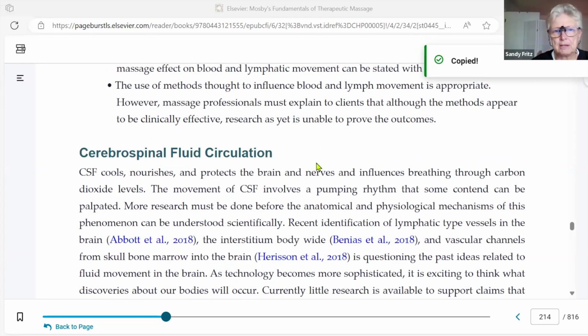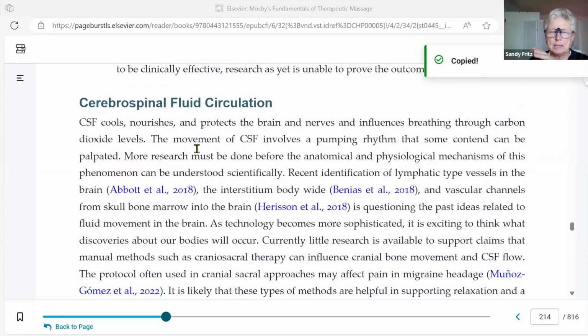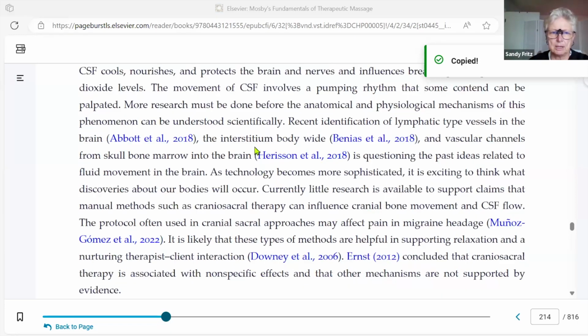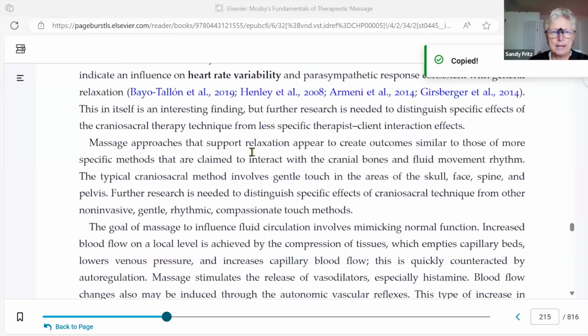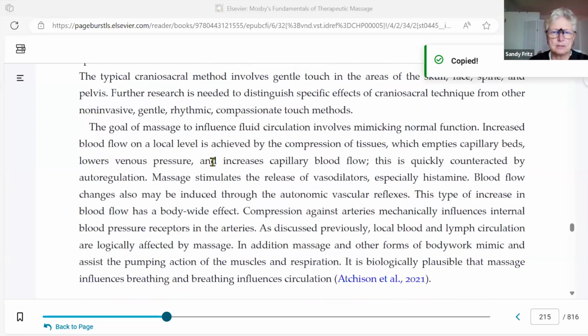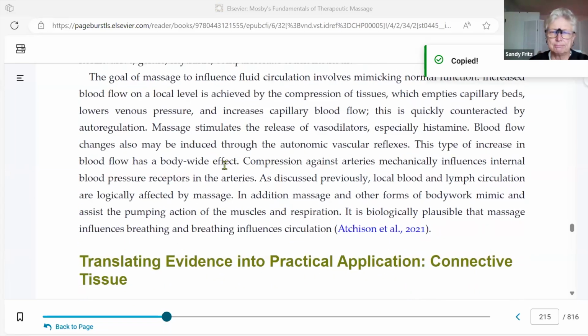And then here's cerebral spinal fluid. This is a nourishing fluid that eventually is cleansed through the venous return, and it's in the lymphatic system. It's located in the central nervous system primarily. The reason why there is a specific focus here is that there is an adaptive specialization approach called craniosacral therapy, and